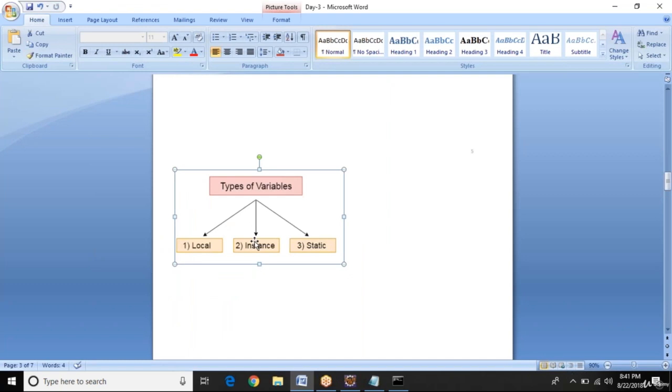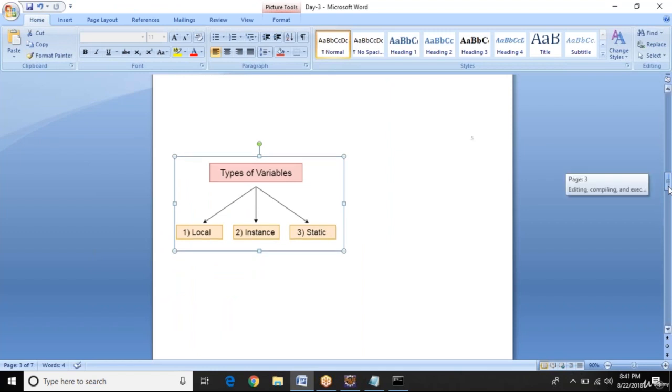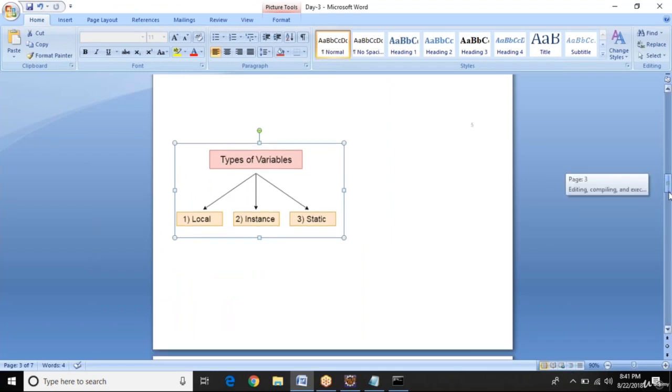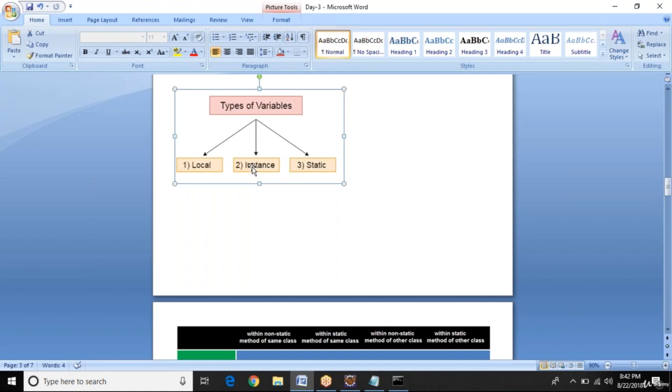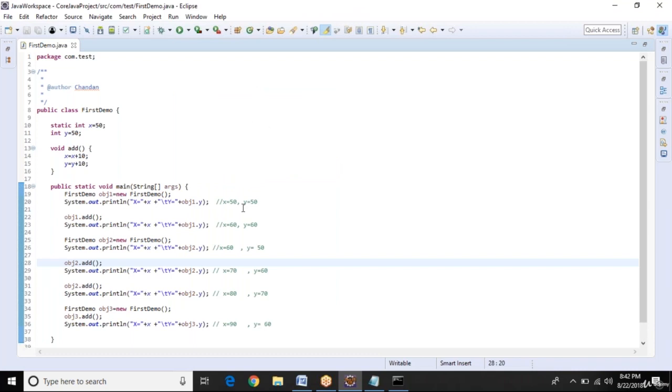There are a lot of things we have to discuss about static. Let me go to the next topic; we will come back here for static and instance. Right now, let me go to the next example of static and instance.